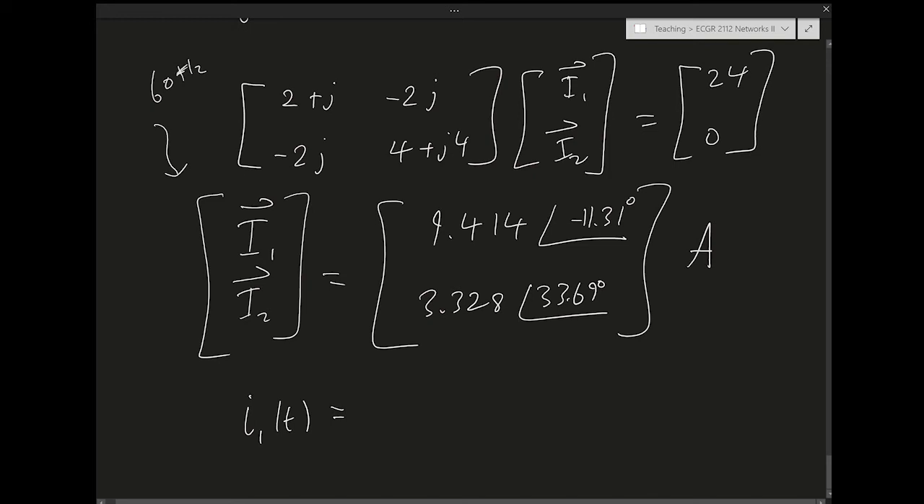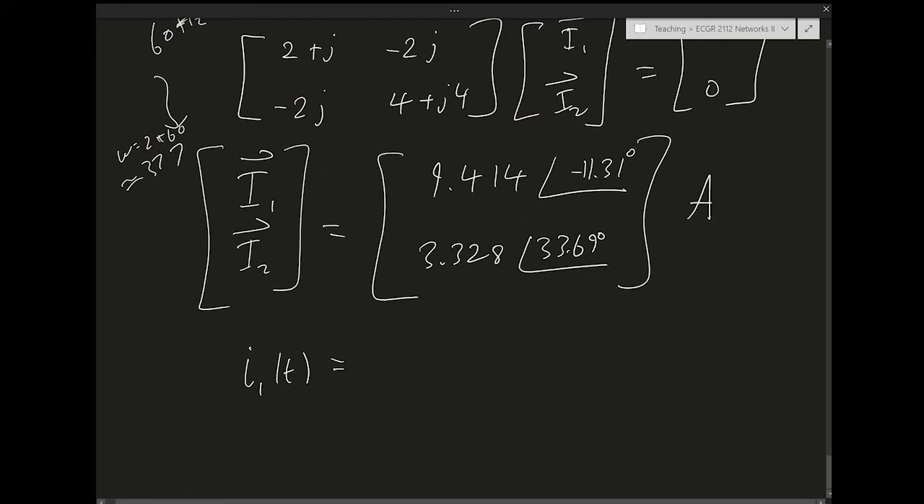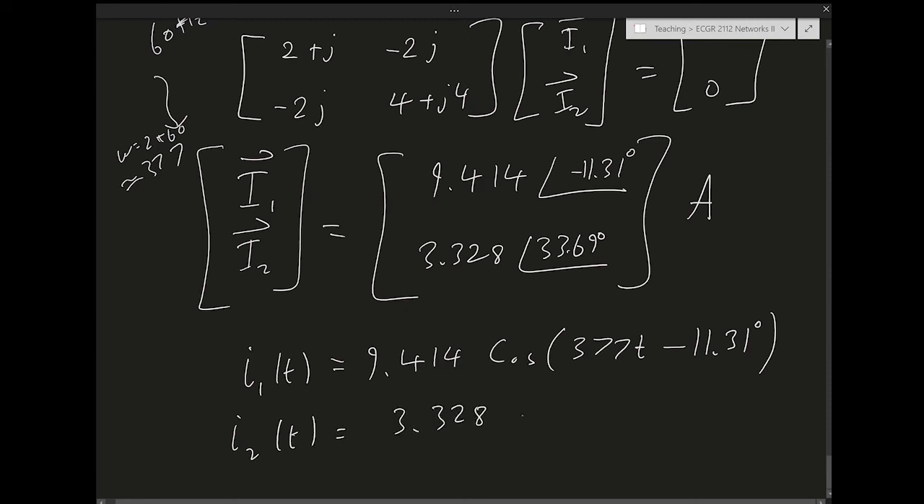So what would omega be? Omega would be 2 pi 60, which is approximately 377. Okay, so I could convert this to the time domain as I1 of t equals 9.414 cosine 377 t minus 11.31 degrees, and I2 of t equals 3.328 cosine 377 t minus